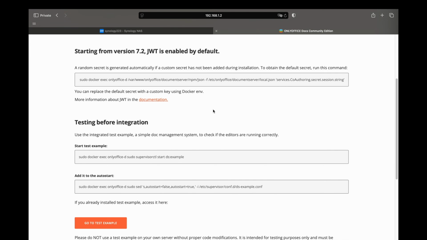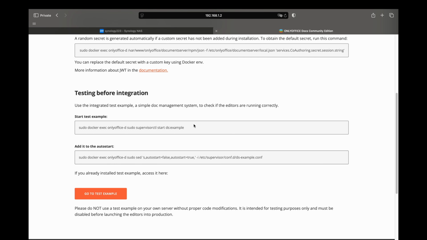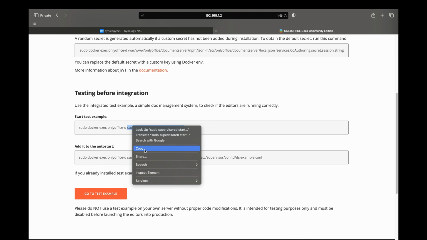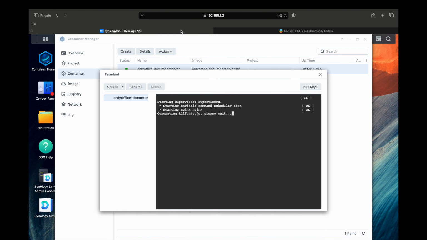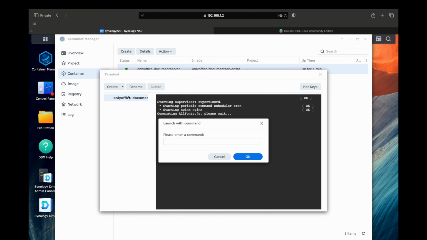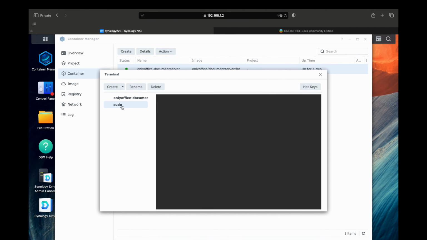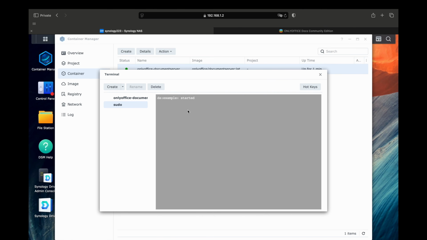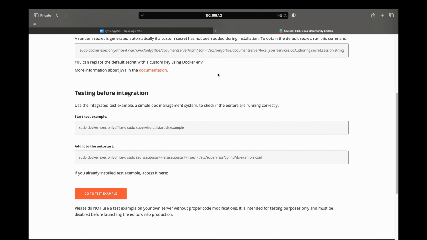Even without SSH, we can send commands directly through the Container Manager interface. Just copy the command supervisorctl start ds:example and launch it in your terminal. This starts the example service, which lets us create test documents. Now let's go back to the example web page. You can drag and drop a file from your local machine to edit it, or create a new doc, spreadsheet,